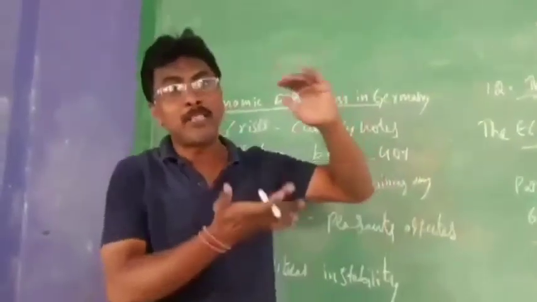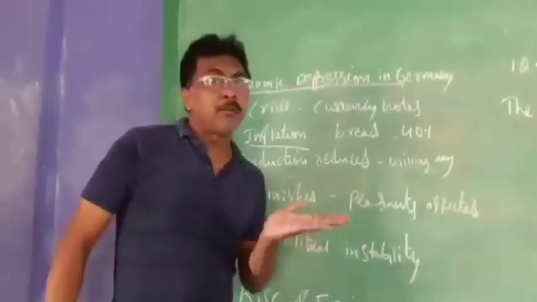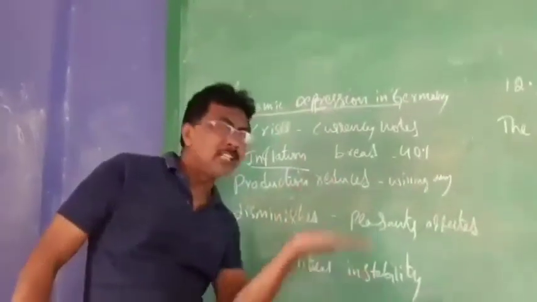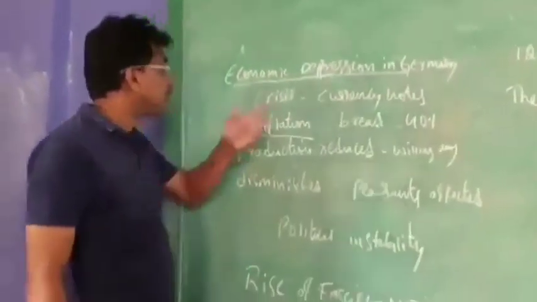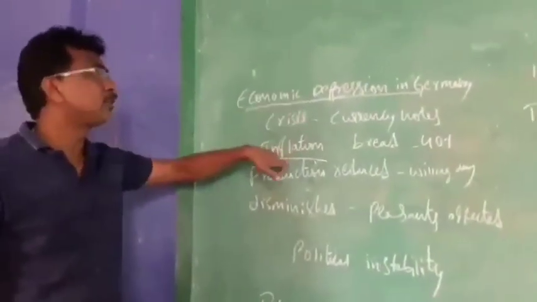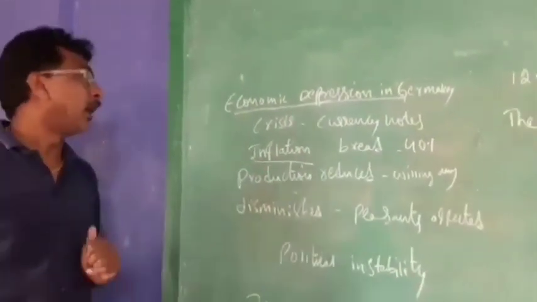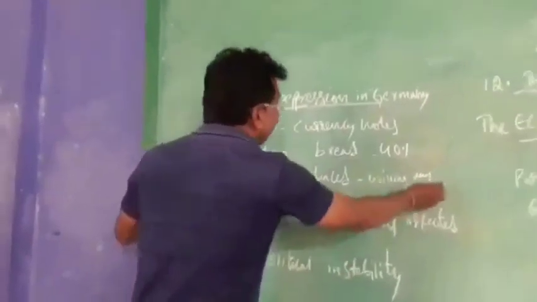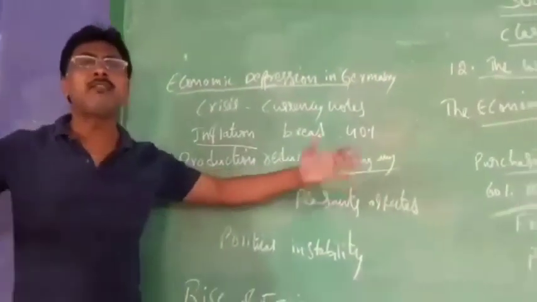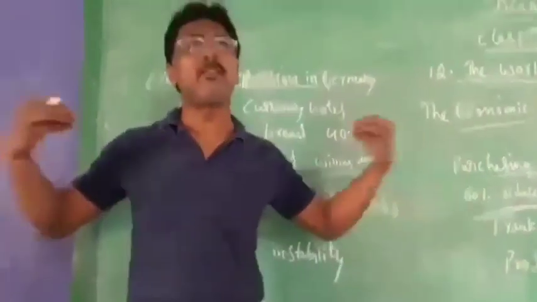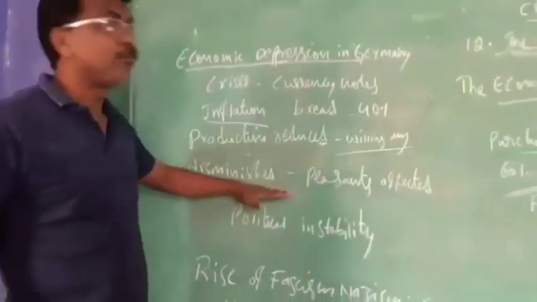I told you, to purchase one bread, he gave a bullock cart of money. When the price value of a product increases, the money value will fall down. That is called inflation. Huge inflation was happening. And what happened? 40% of the production industry was reduced, and there was no money everywhere. The German people came out and said they were willing to work, any work: give us work, we want bread. That is what happened, and government employees were removed.